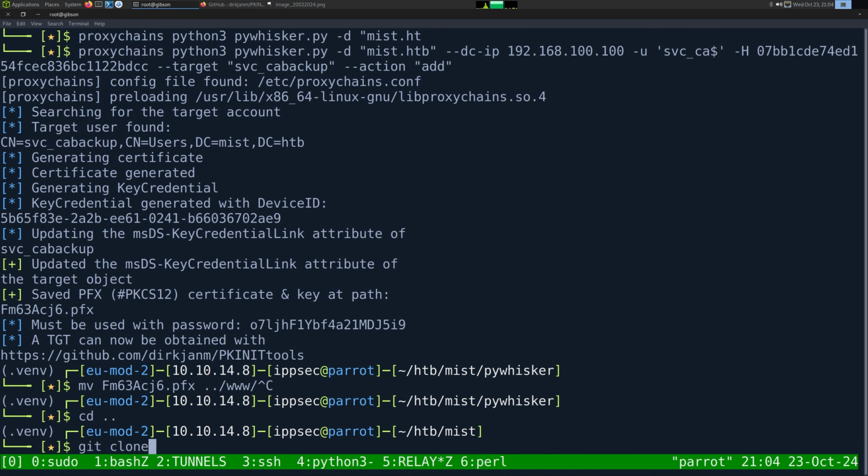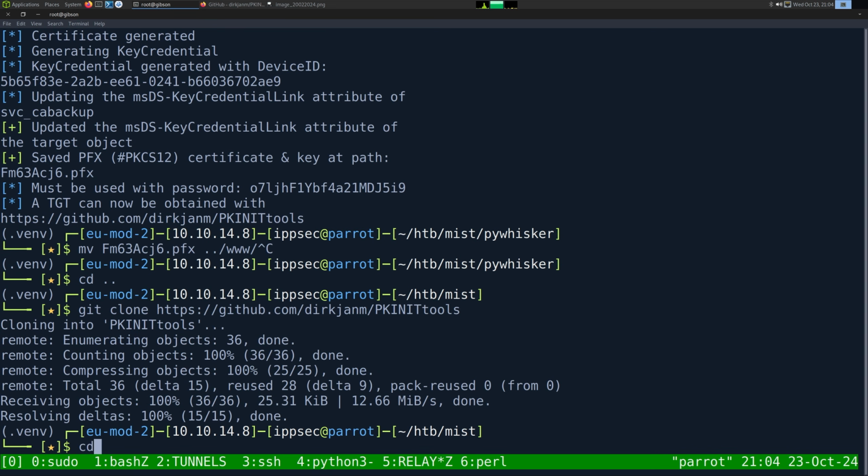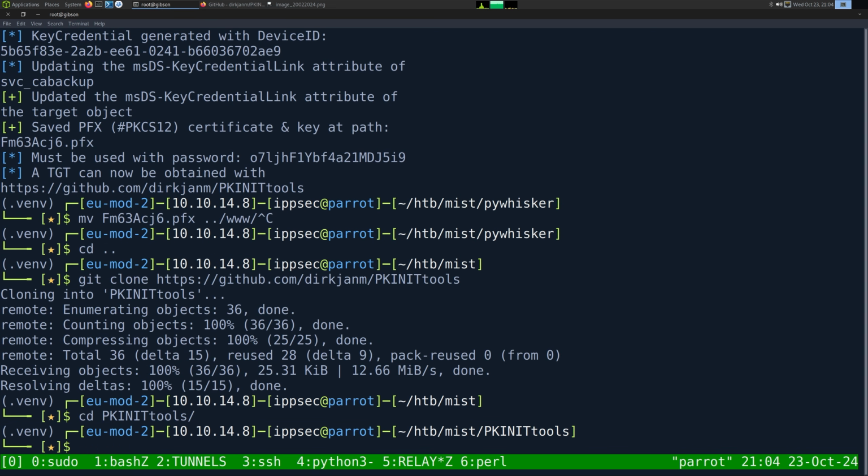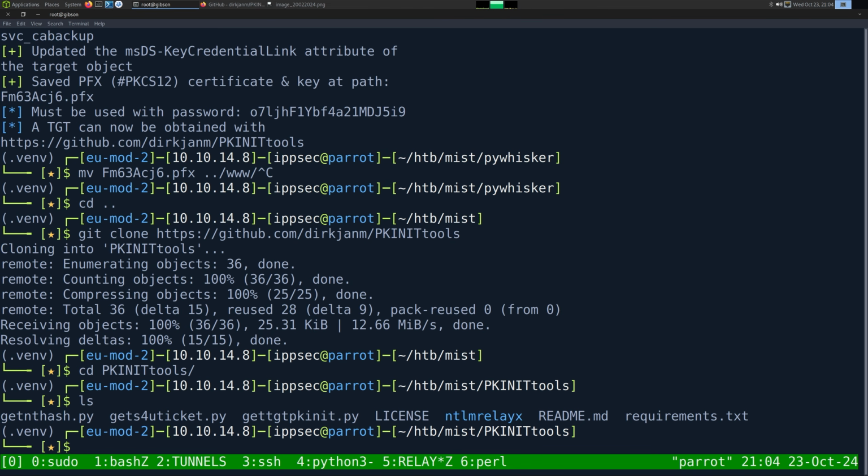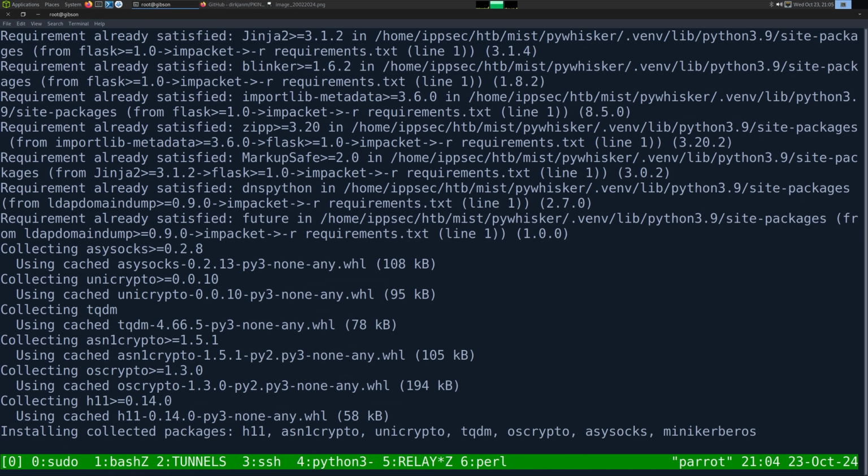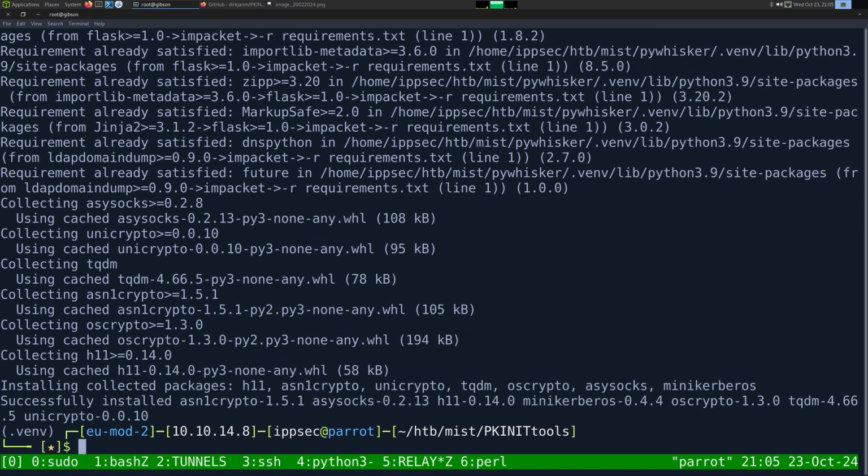So git clone. In case you did not want to run Rubeus and you wanted to go from these certificates and do the pass the ticket to get the NTLM, that's what I believe we're going to be doing now. So let's see. We're in PKINIT tools. Is there an install? Let's do pip3 install -r requirements. And then we're going to